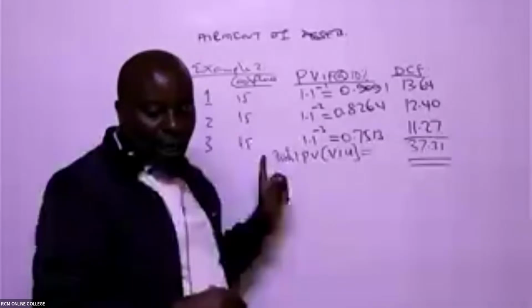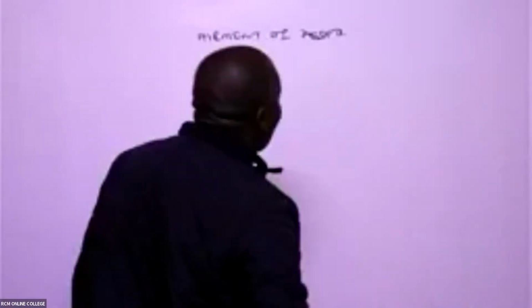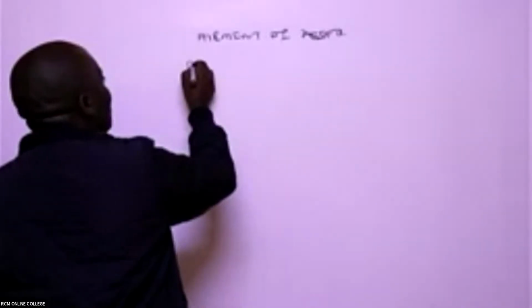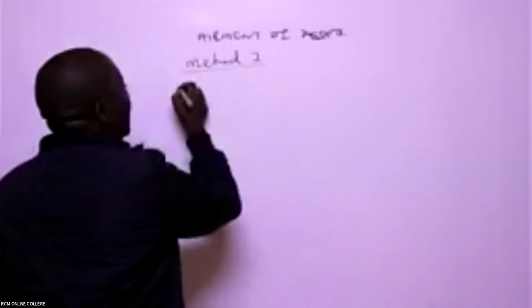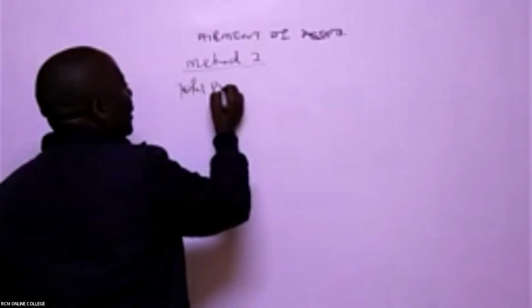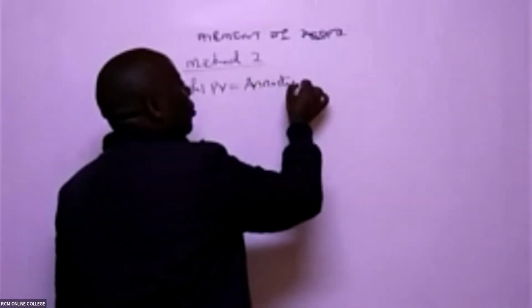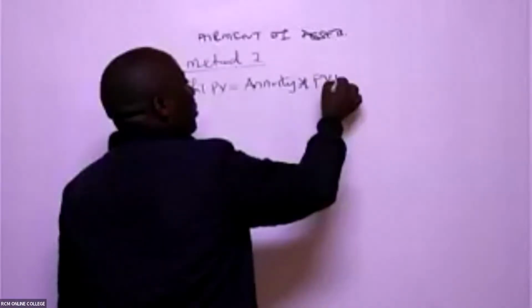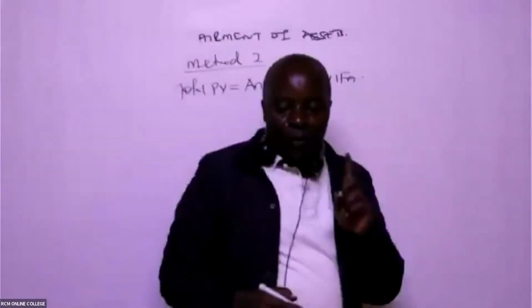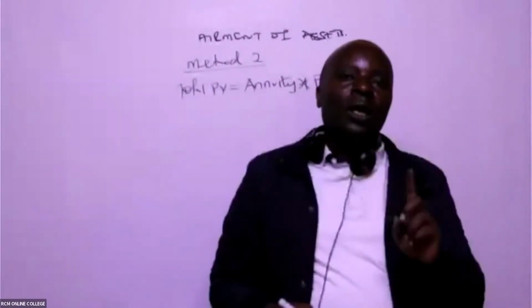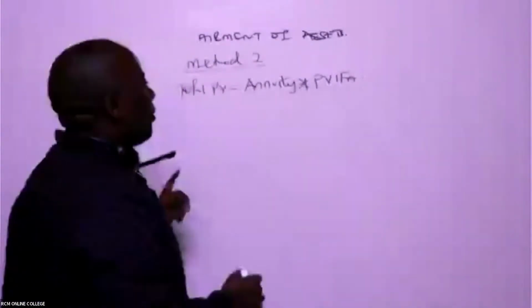Can't use this method. Where they told us, ladies and gentlemen, that for us to be able to get, in this case here, method two, that whenever we have an annuity, we simply take that one annuity amount, like now 15, and then multiply it with what we call PVFA. Now remember,